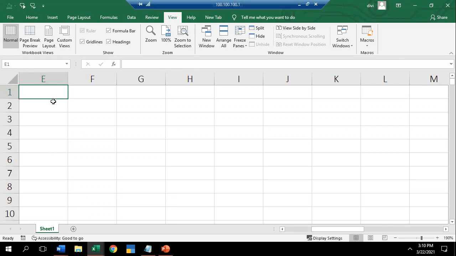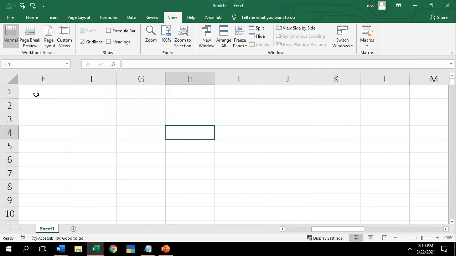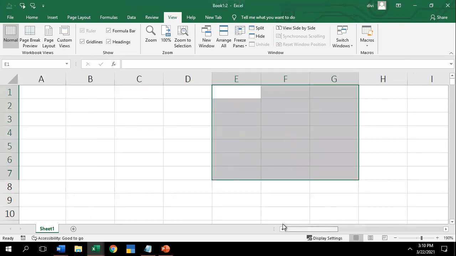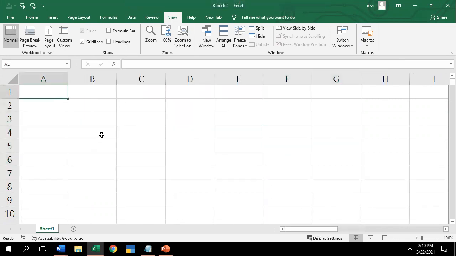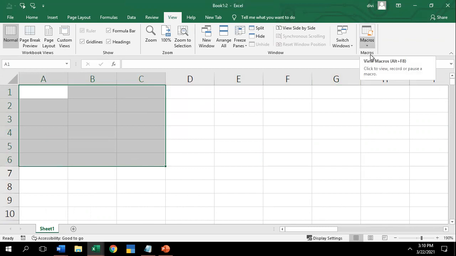So if you want to write any data and use that data permanently, you can use the macro with the VBA. First, I'll show you what a macro is and how to use it, and at the end of the session, I'll show you the different types of VBA, a relative macro and an absolute macro. I'll explain all those. Okay, let me come to the macro.